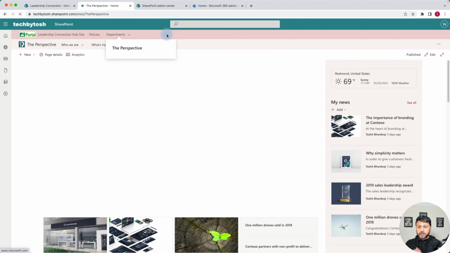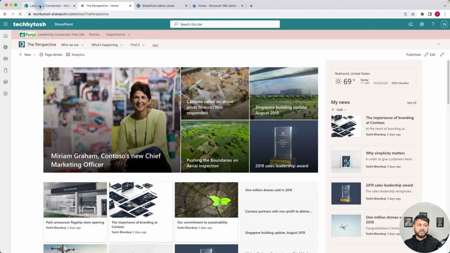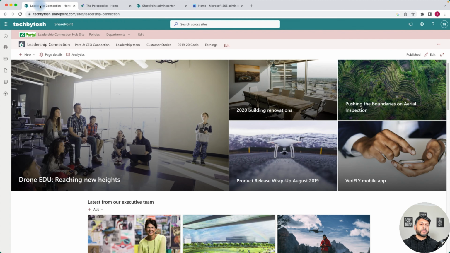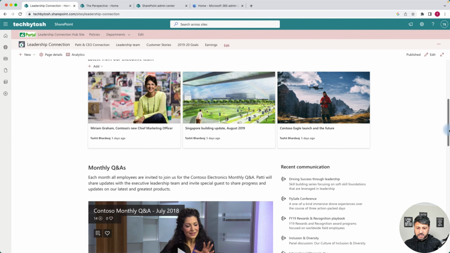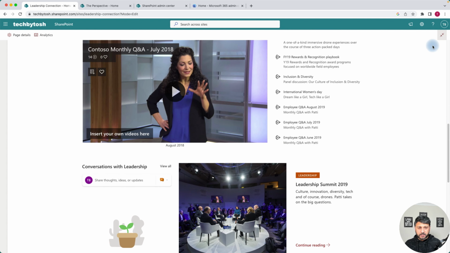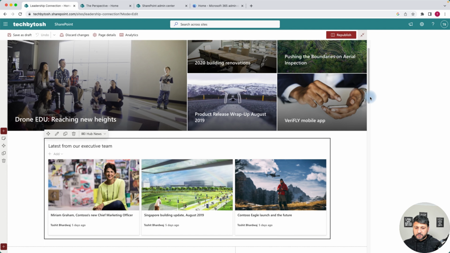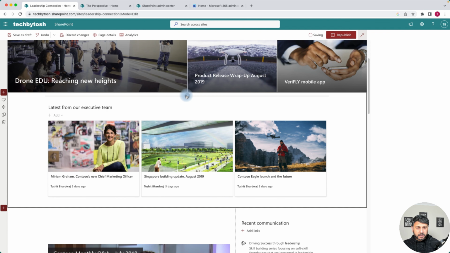Now this site has a lot of news contents, right, coming up, and we want to have all of those coming up onto our leadership connection hub site as well. So let's try to add a web part to this site. For example, we want to have the news post rolling up from our connected sites. So I click on edit page. We'll just add a new web part. So if I scroll down and click add new web part,